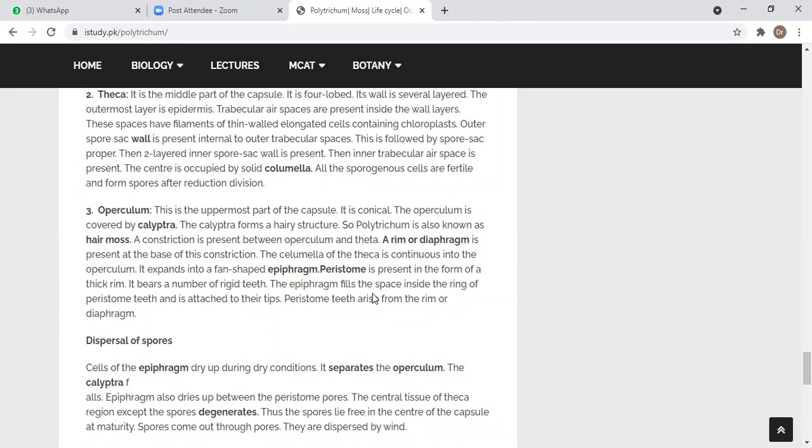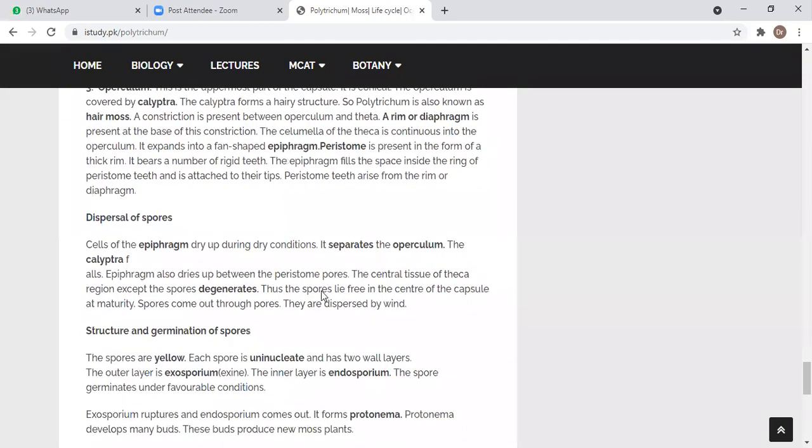And when the spores are going to be formed, that is when the archisporial mother cells undergo reduction division and the spore tetrads are ready, at that time, the peristomial teeth will lose the water. I told you they are hygroscopic in nature. They will lose the water and become very dry. So when they are becoming dry, the operculum or the lid region becomes very loose so that the lid gets opened very easily and the spores which are present inside are released into the surrounding environment. So it plays a role just like a fixer to the theca region.